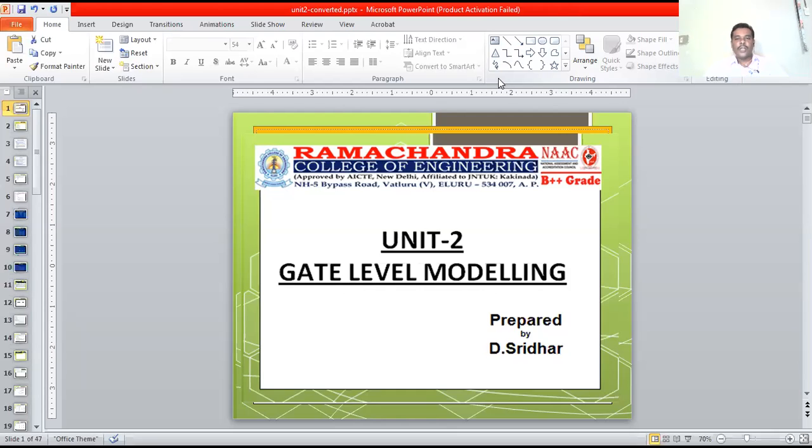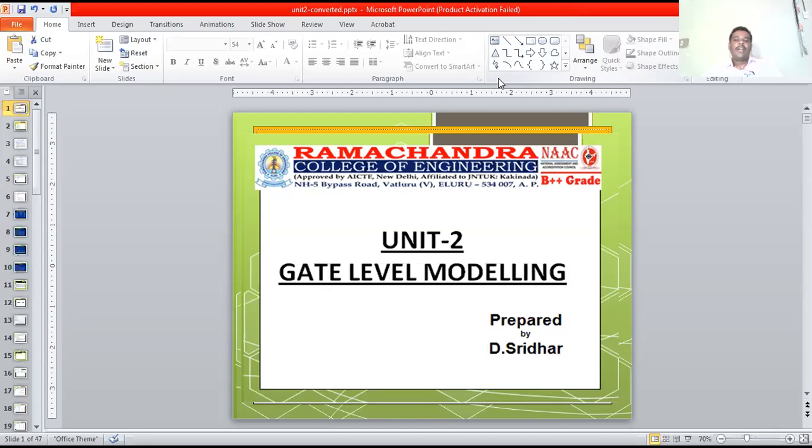To develop in Verilog HDL, we use different types of modeling: gate level modeling, data flow modeling, behavioral modeling, and switch level modeling. These are the different types of modeling we use to develop our required integrated circuit. To fabricate the integrated circuit, we should compulsorily take the help of the HDL. The second point is that to develop the HDL, we should know about the modeling levels.